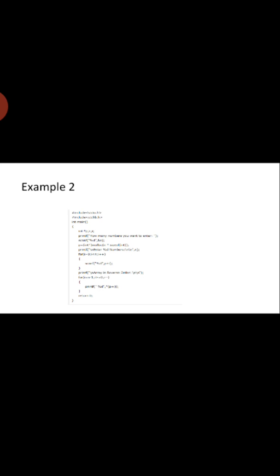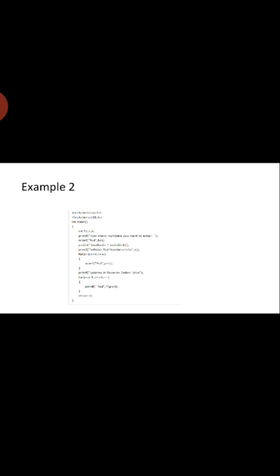In reverse order, what we are supposed to do is, if you can see, in the first for loop we have used the increment operator, and in the next loop we are going to use the decrement operator. Very easy concept. We are starting from the first index to the last index, and in the next we are going to start with the last index. Okay, so in the first loop, for i is equal to 0, for example, we have entered the number of elements as 5, 0 less than 5, scan 0, 1, 2, 3, 4, and then the reverse